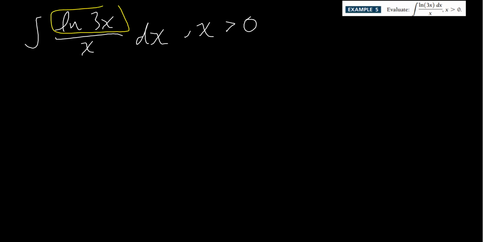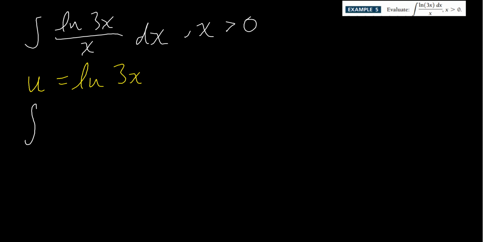Between the numerator and the denominator, which one seems like it'd be the most complicated? Well, it looks like the natural log of 3x would. So we're going to let u be equal to the natural log of 3x. If I make that substitution, I'm going to have the integral of u over x